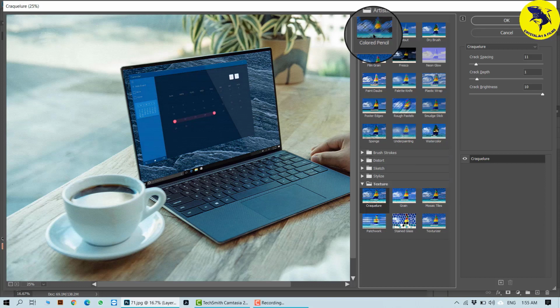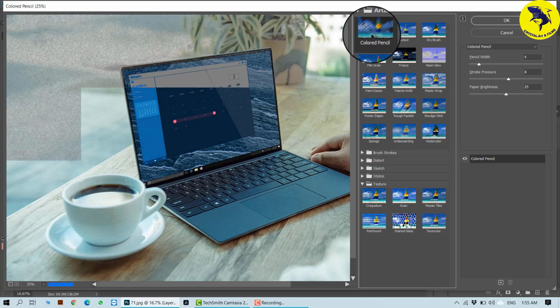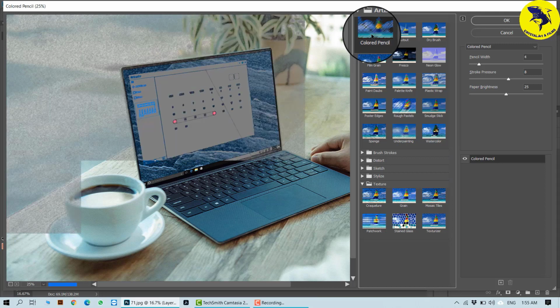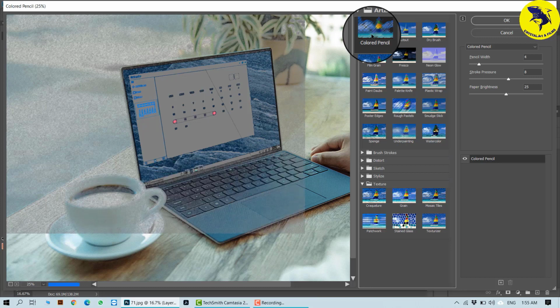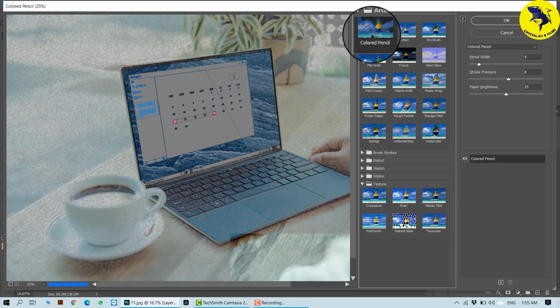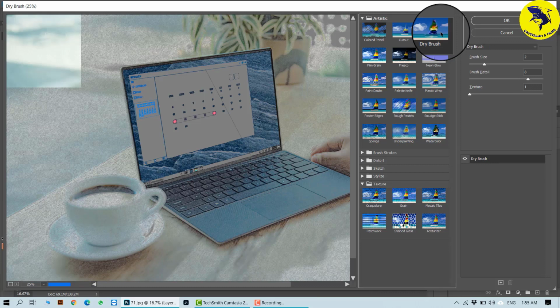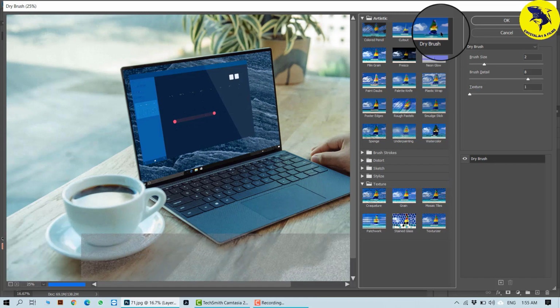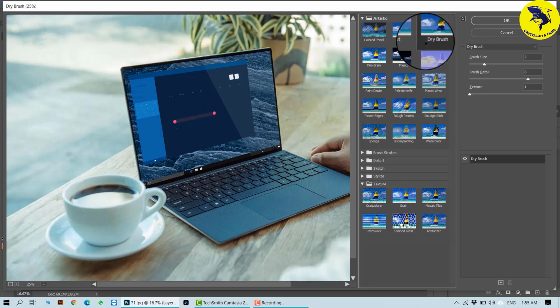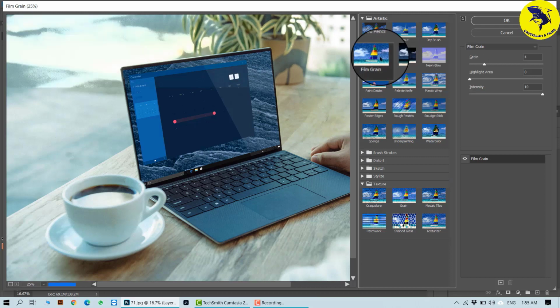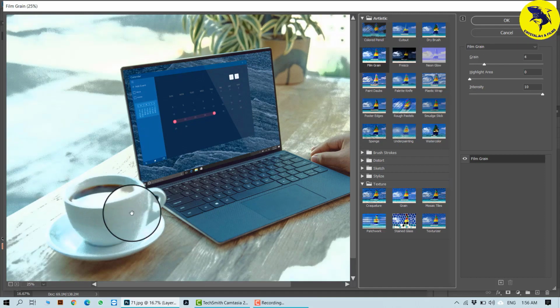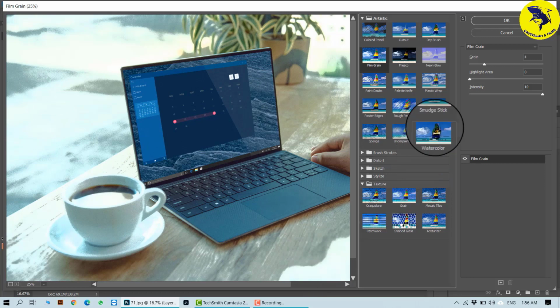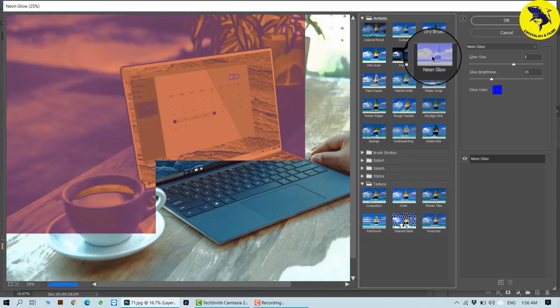Whichever effect you prefer, like if I go for artistic and if I prefer colored pencils, it's already been applied and it looks as if you have some scratches on your screen, so it's not going to be so clear and fine, but to some extent it gives you that kind of effect. Now if I want a dry brush kind of effect, this is how the dry brush effect looks. It's just as if the strokes are done very differently. Next I can go for film grain so that it looks like a more grainy kind of finish, where you imagine the picture is taken in deep, bright light.